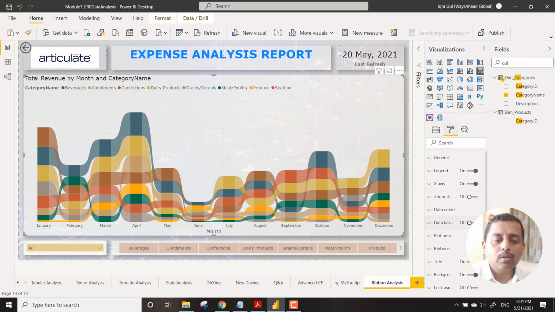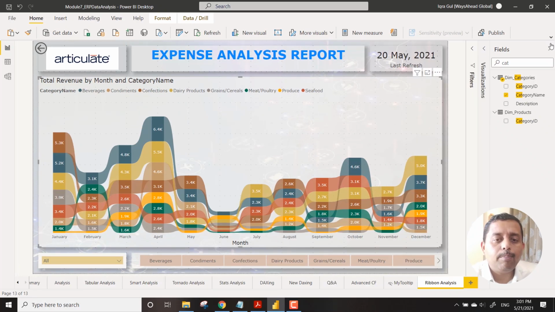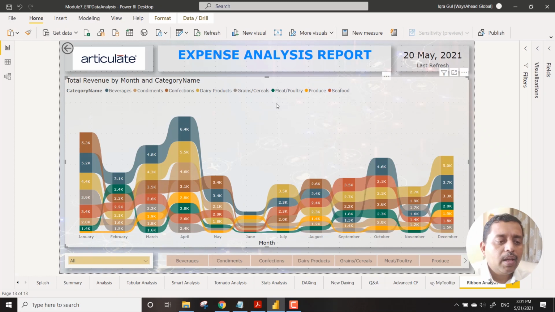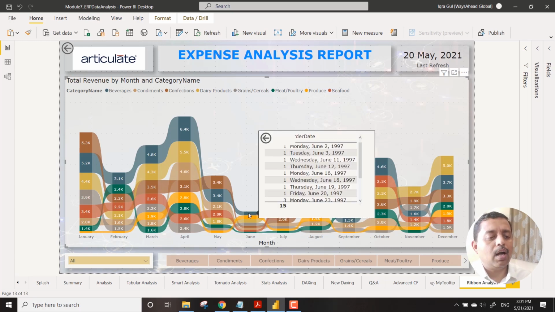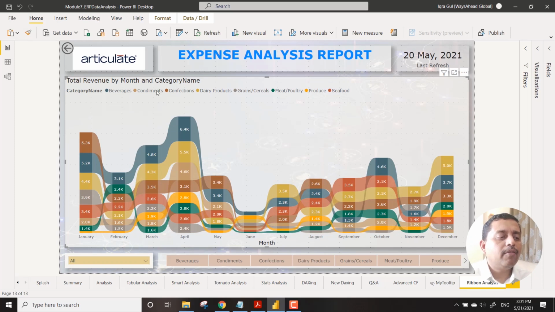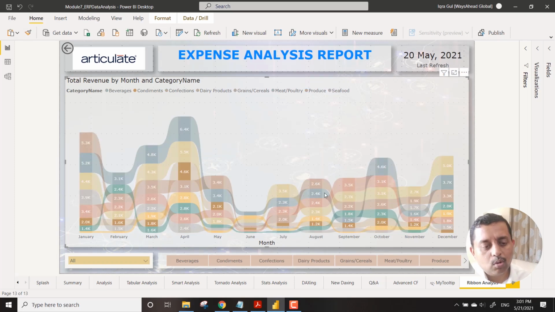Usually what we do is we also bring in the data labels so that I am able to showcase the entire data pattern over here. So this is the entire data pattern. If you notice over here, all the items, the categories are displayed month on month, how it is moving up. And if I just take condiments, I can see how the growth of condiments. So you can see that condiments were almost the same throughout the year. They do not have any such big pattern to discuss. And the most prominent demand that we see is in the month of April. Otherwise, condiments are not in demand.